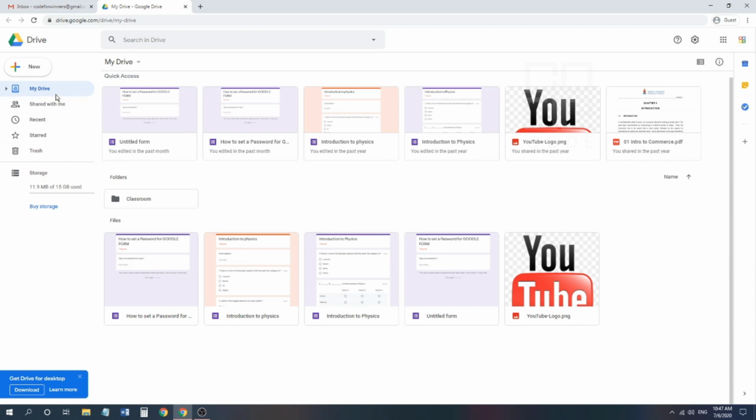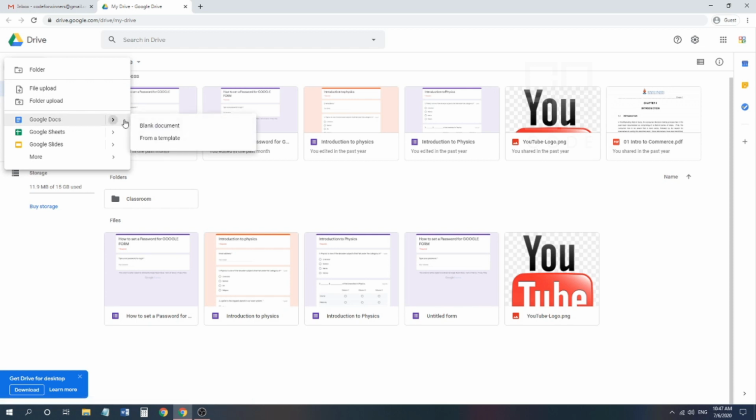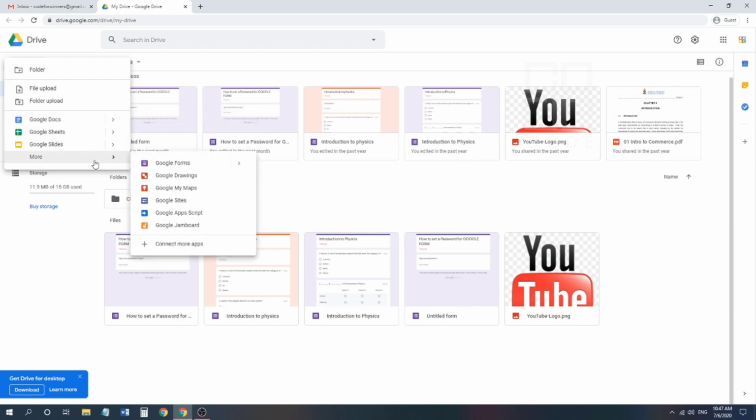So here there are many types of files you can see. So now you can create your own folder. Just click here. You can see some options are here. You can upload any folder or any file, or else you can create some files also. You can type a Word or Excel sheet, or you can create a slideshow online itself. You no need to go to PowerPoint. You can create here itself, and these files will be stored in your Google Drive.